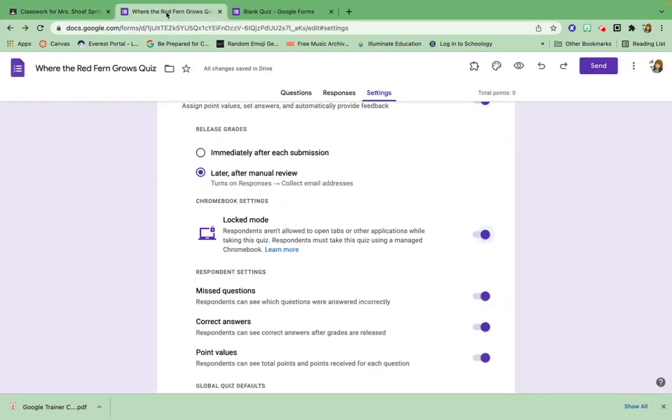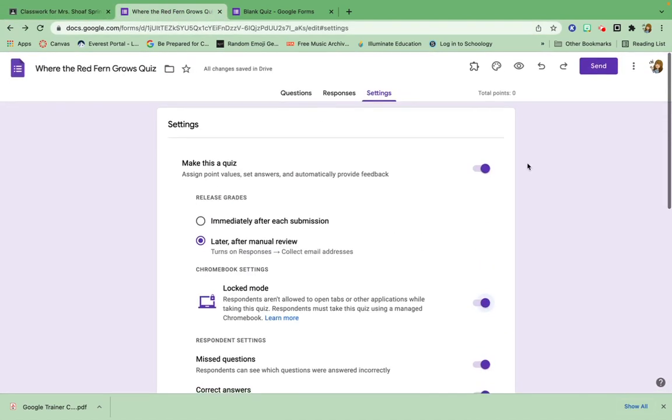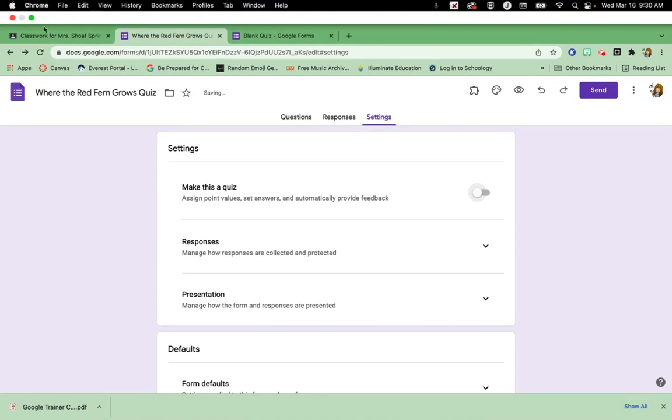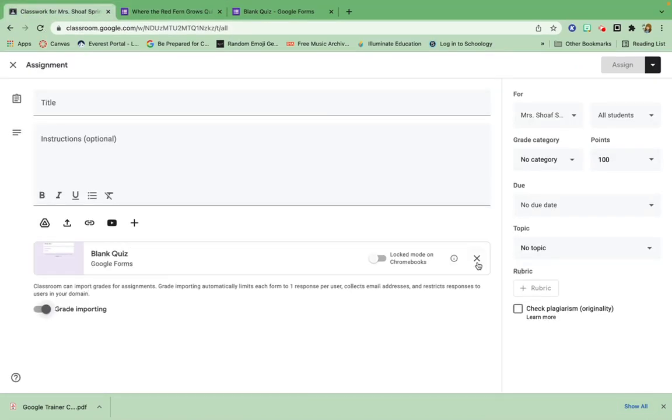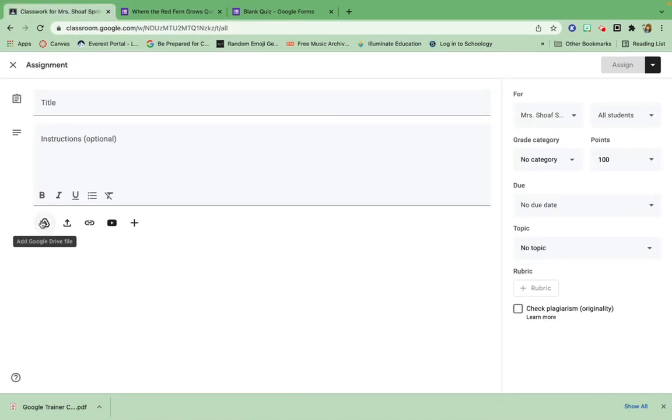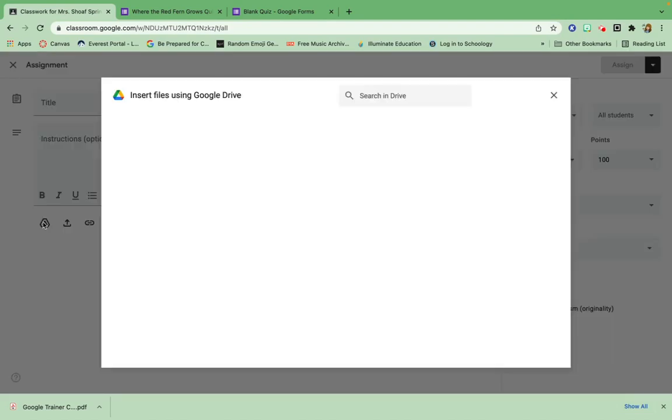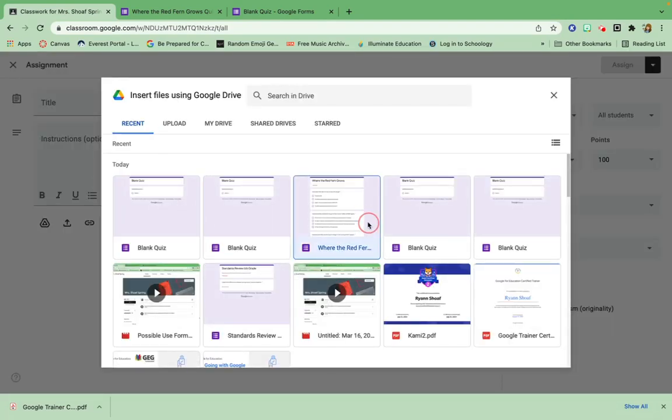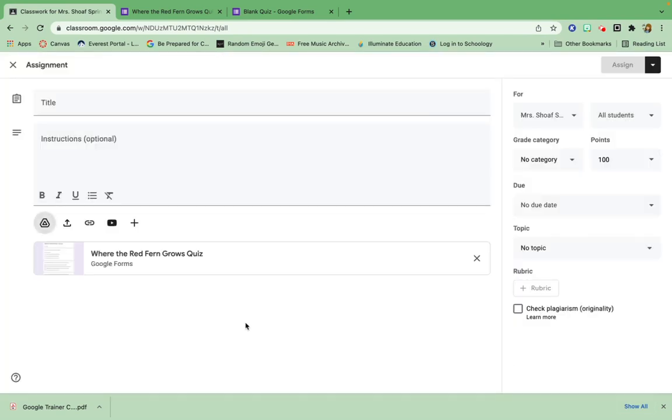If you forget to toggle this setting to make it a quiz, you will know right away when you attempt to add it. If I go to my Google Drive and I add this Google form as my option, the key features of a quiz will be missing. You will not have the option to lock this into the Chromebook, and you will also not have the option